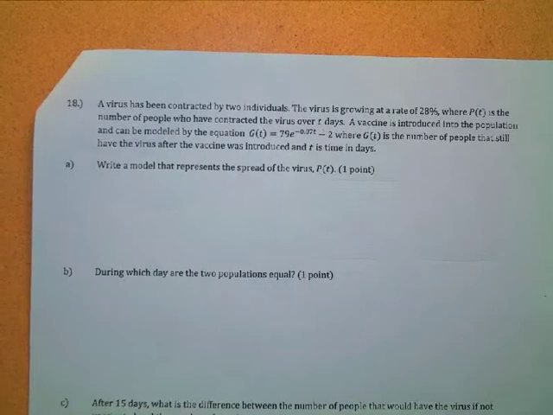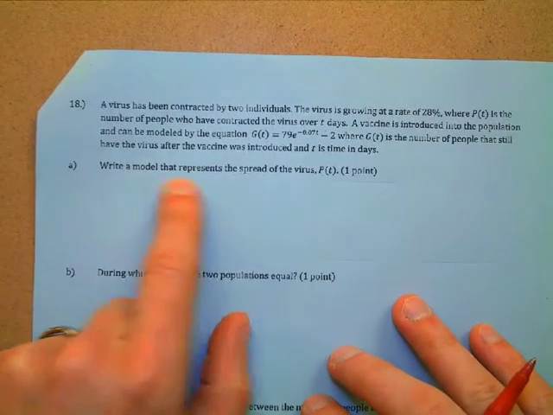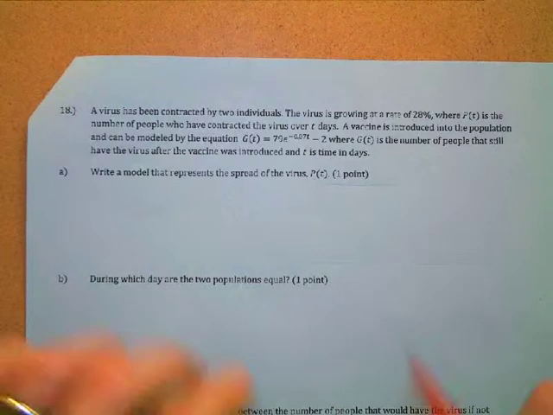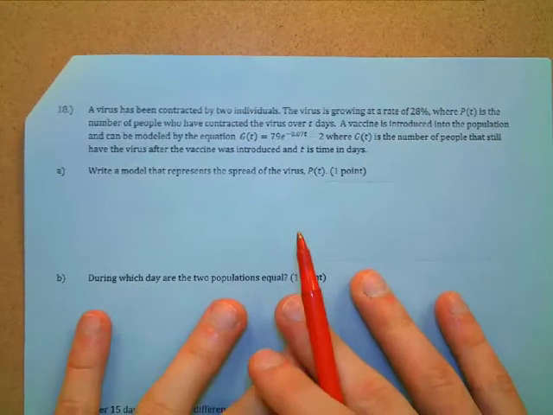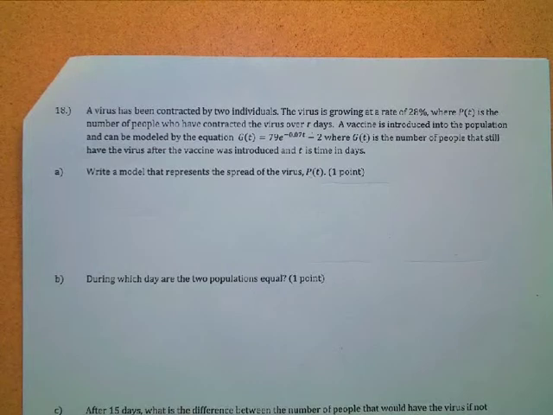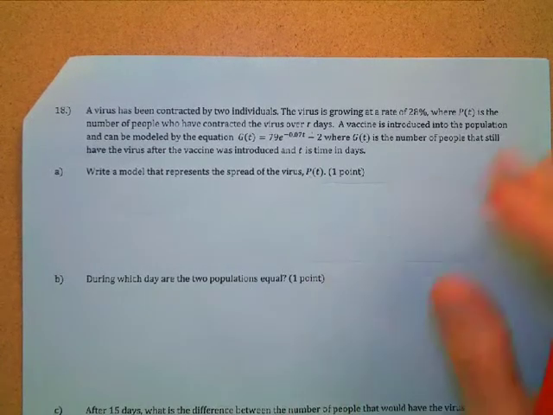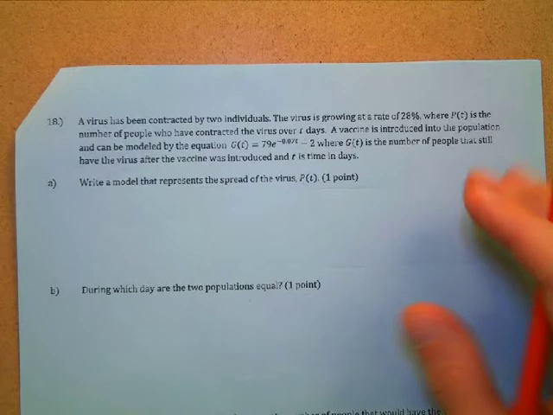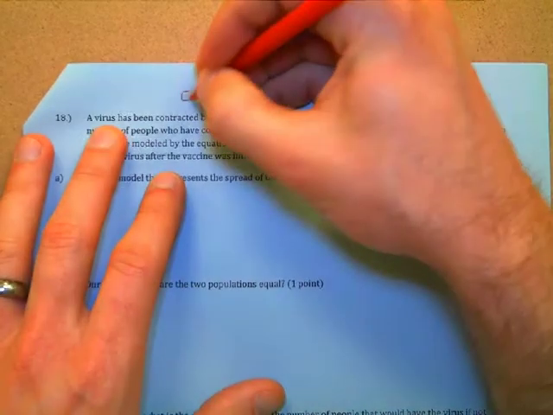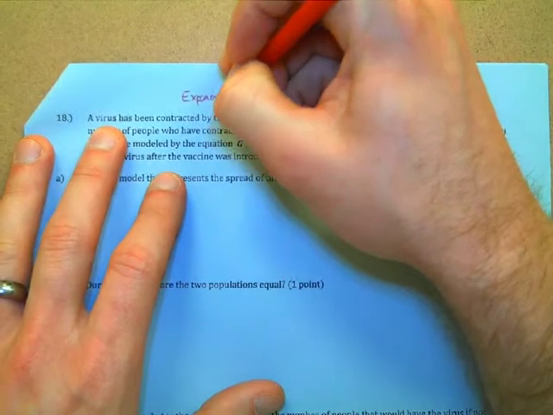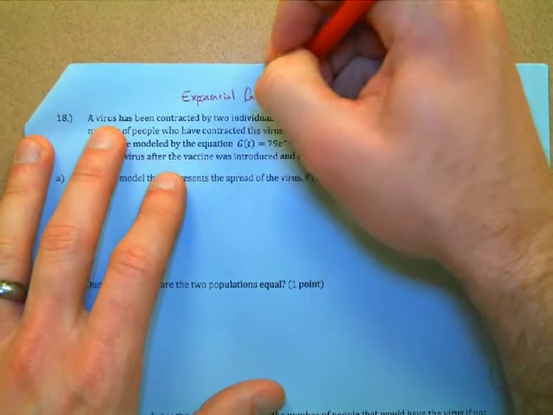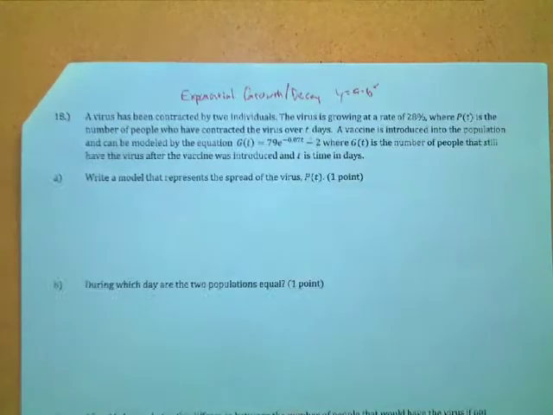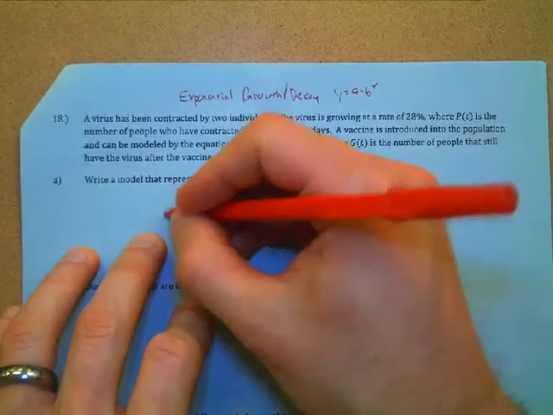So 18A: write a model that represents the spread of the virus, P of T. We're talking about growing, so what kind of equation are we going to use here to model the spread of the virus? Exactly right: y equals a times b to the x. This is the exponential growth or decay. We're going to use P of T though, because that's what they asked us to use here. So we'll say P of T equals